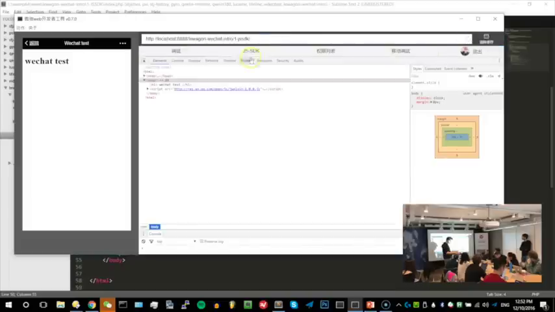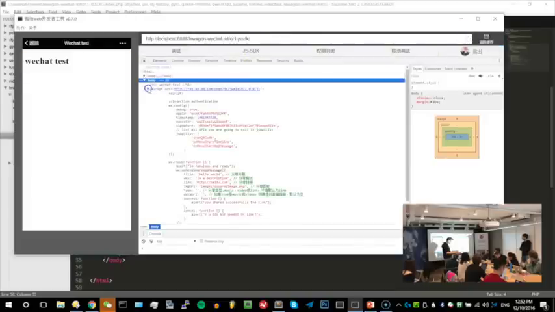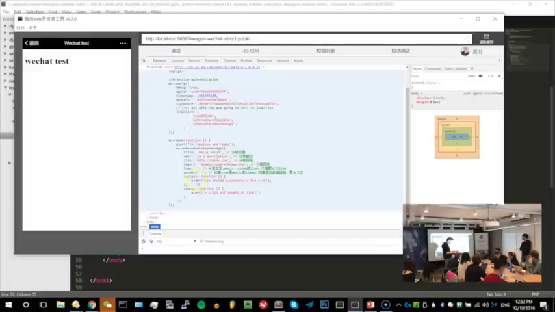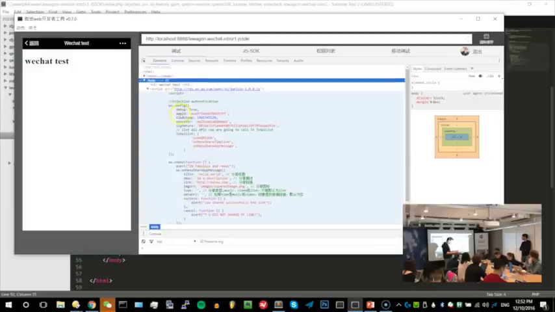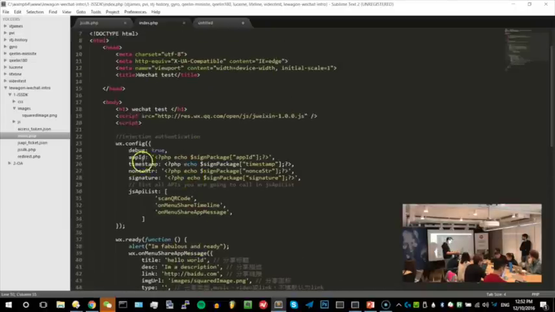So here it looks like everything is working. Yeah, I have no alert, so I should have an alert. Let's try to see why. That's the joy of live coding. Hello.